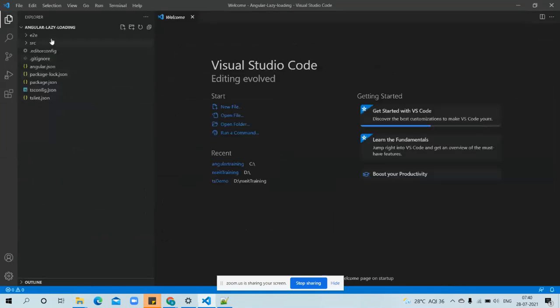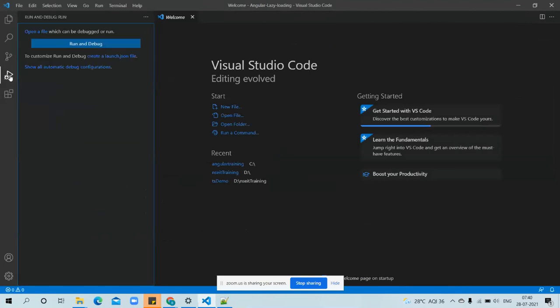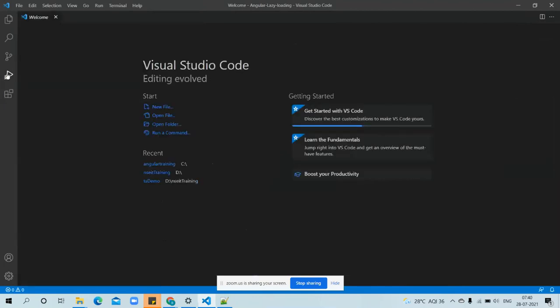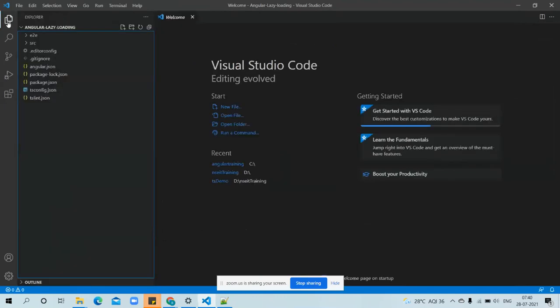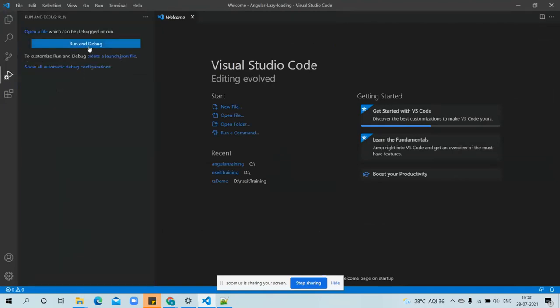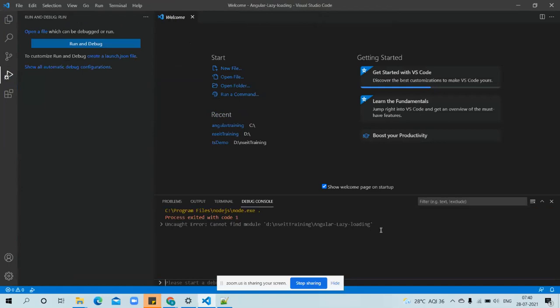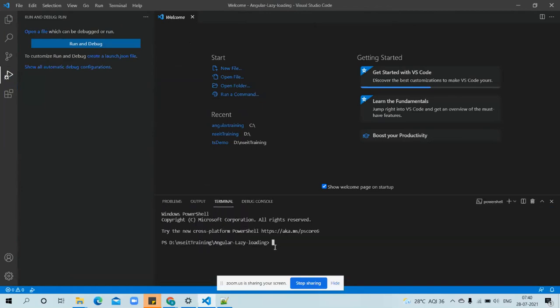Now you have to type npm space i to download all the dependencies. Open the command prompt. Within the VS Code editor or outside? Now here you say npm space i. That's it. Let the dependencies get downloaded.